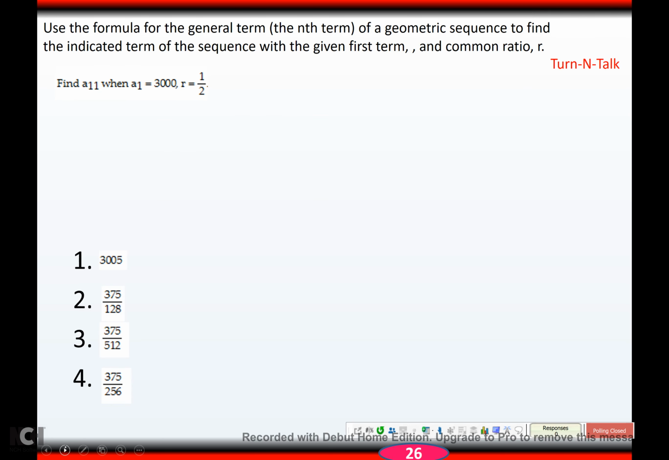Alright, so you try this one, hit pause, come back when you're ready. And hopefully you get 375 over 128. So they want me to find a sub 11. A sub 1 is 3,000. The common ratio is 1/2, and if I want the 11th term, I need 10 copies of that ratio. So if I do 0.5 caret 10, I get